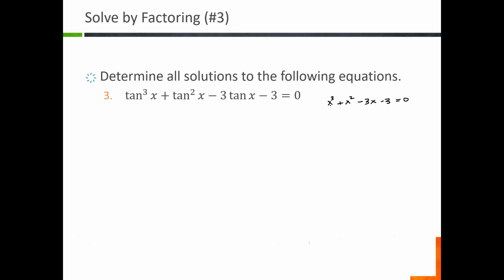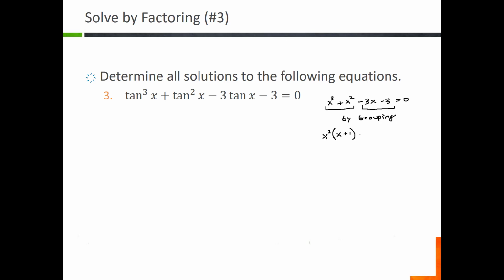So how do we factor x cubed plus x squared minus 3x minus 3? Some of you may remember this, but we're going to use a process called factoring by grouping. So we're going to pair up our terms. There's 4 terms, we're going to pair them up. So what can I pull out? What do I have common between x to the third and an x squared? Well, I can pull an x squared out of both of those. And if I pull an x squared out of those, we're going to be left with an x plus a